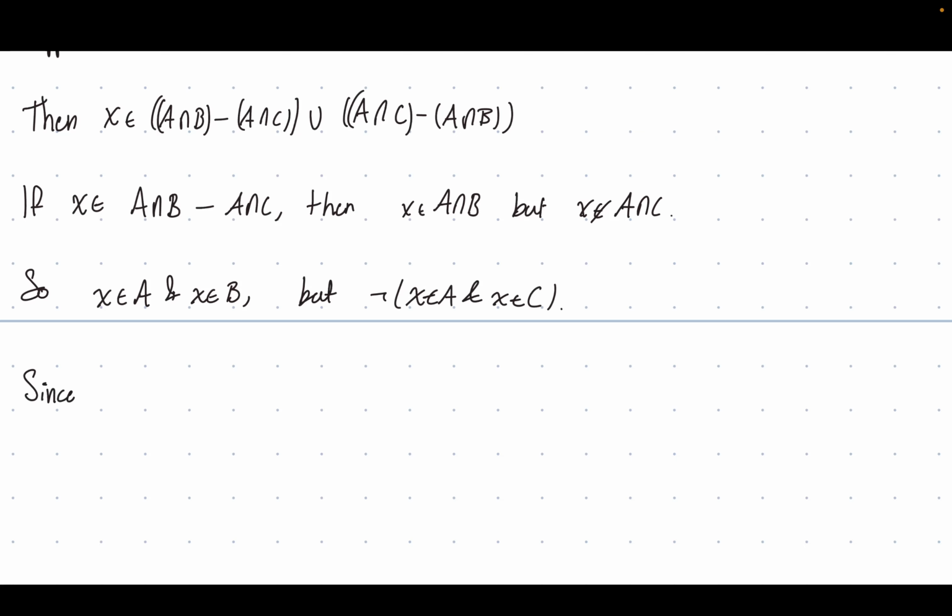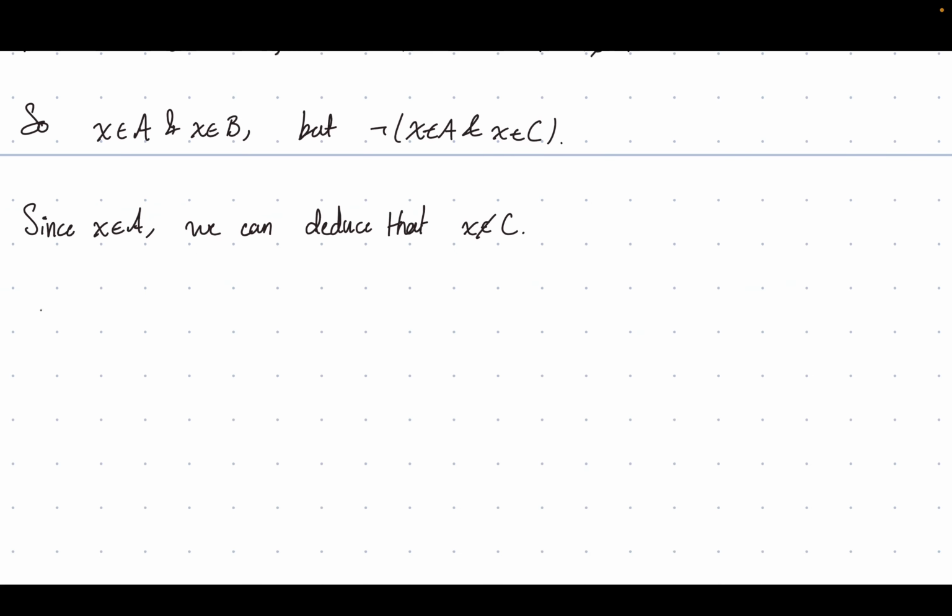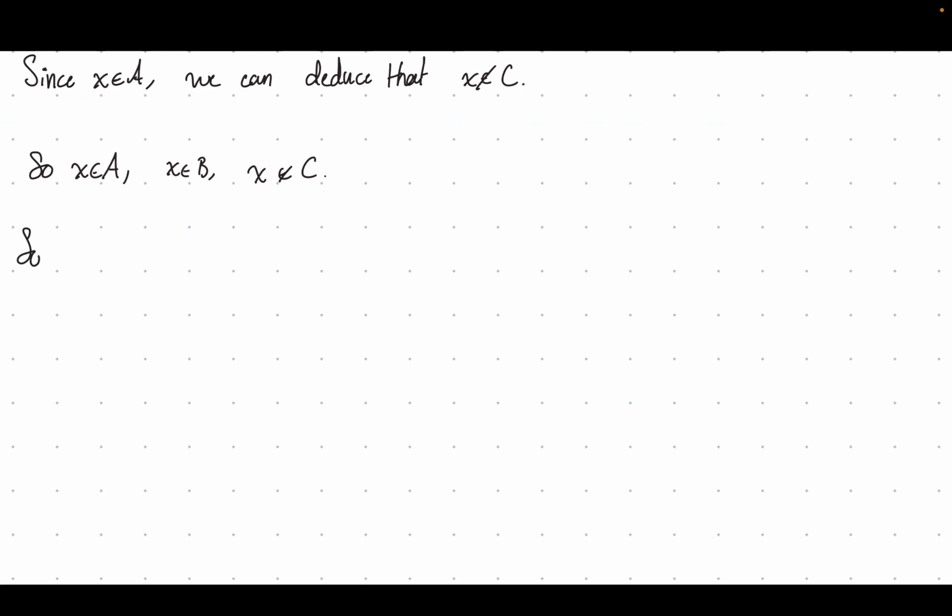So since X is in A, we can deduce that X is not in C. So X is in A, X is in B, X is not in C. Right. So X is in A, X is in B minus C,